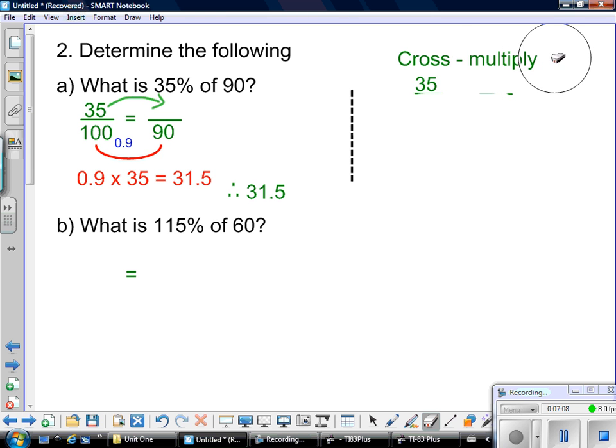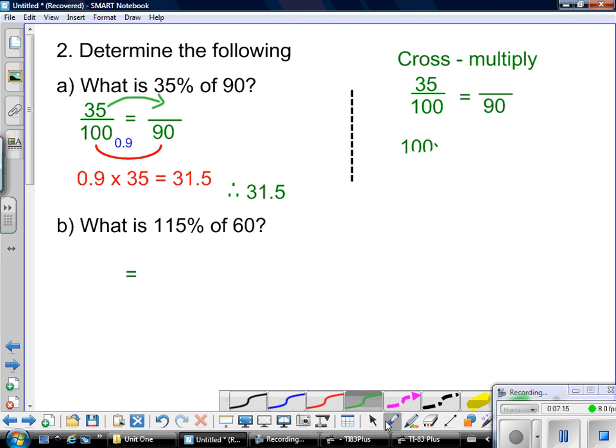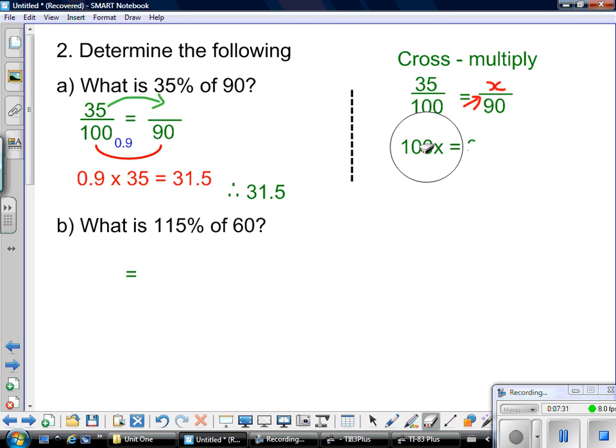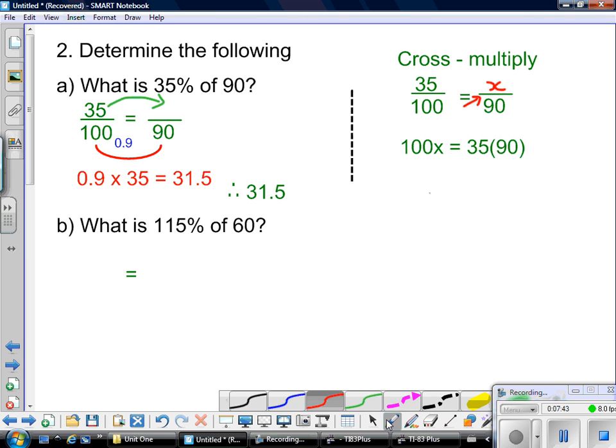Now, just like the previous examples, there is a different way you can do it, called cross multiplying. Cross multiplying means I'm still starting with the exact same thing that I had before, except this time I'm going to put an X here for the unknown. Cross multiplying means I multiply things directly across the equal sign. If I do that here, I'd have 100 times X, and that should equal the 35 times 90. Now I'm not interested in 100x, I'm only interested in 1x. So what I would do next is